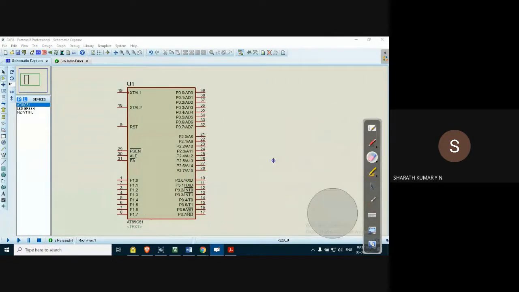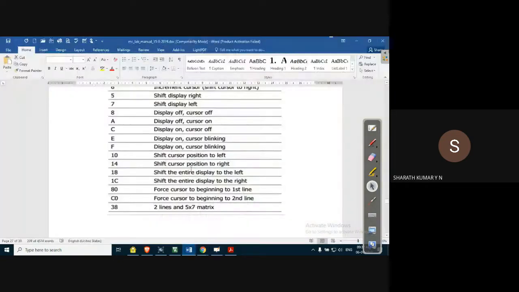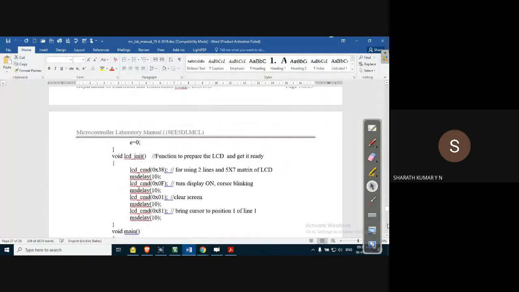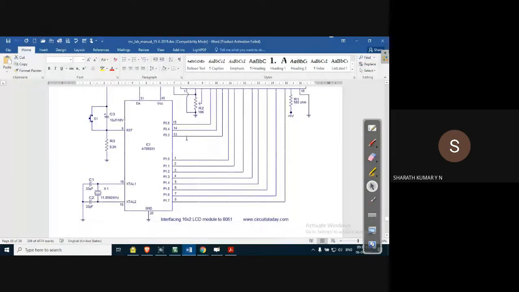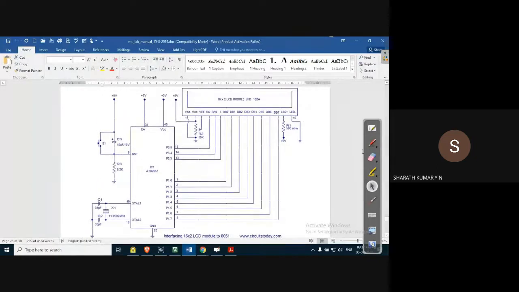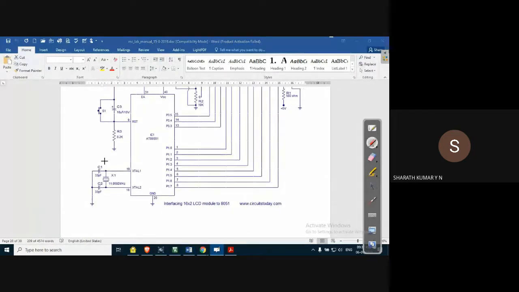Now, whenever we see any microcontroller based circuit, this is what we come across. I'll show you these connections. Generally, whenever we look into the controller, we see a few common connections. For example, at the bottom you can see these connections. Pin number 18 and 19 are connected to a crystal oscillator of some frequency, in this case 11.0592 megahertz, and two capacitors.